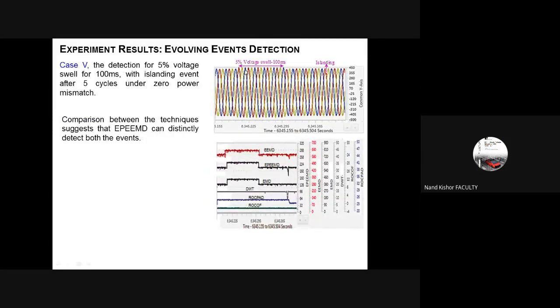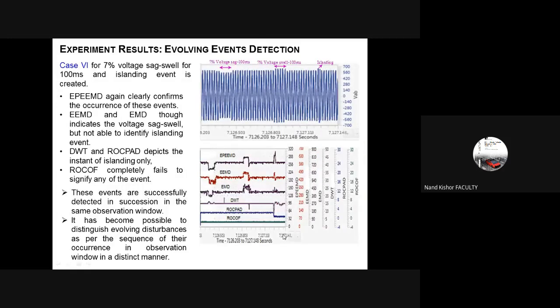Next one, we had a swell, and then after a few cycles, we had the islanding here. In the same way, you can observe that using energy preserving ensemble, we have clear indication of the swell occurrence, and then again for the island event. However, for other techniques, EMD fails to detect the islanding, DWT could only show the islanding but not the swell, and so on. Rakov completely fails to indicate both events here. All these detections which we have performed are in real time.